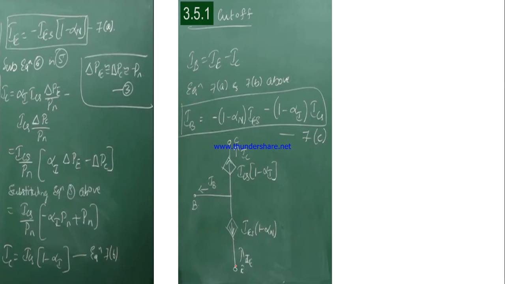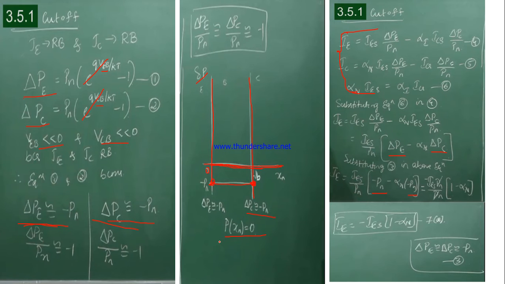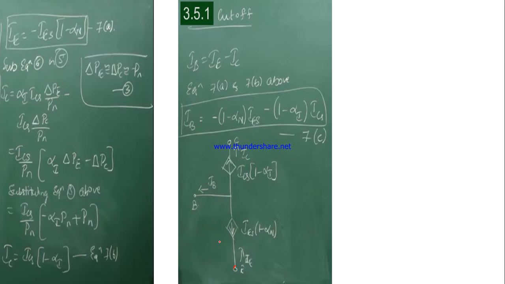Here is the equivalent circuit for the corresponding cutoff equation. So the region which we are working in here is the cutoff region. If we draw the equivalent circuit for this cutoff region, then it looks like this. So here we have an emitter and here we have a collector, and this is our base. The direction of the emitter current will be exactly like this, and the collector current outwards and the base current